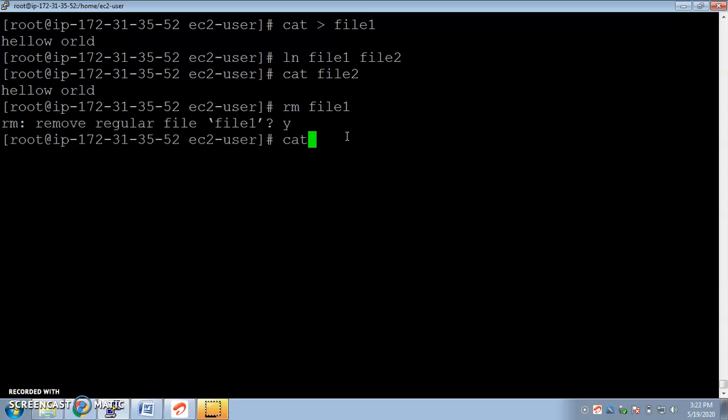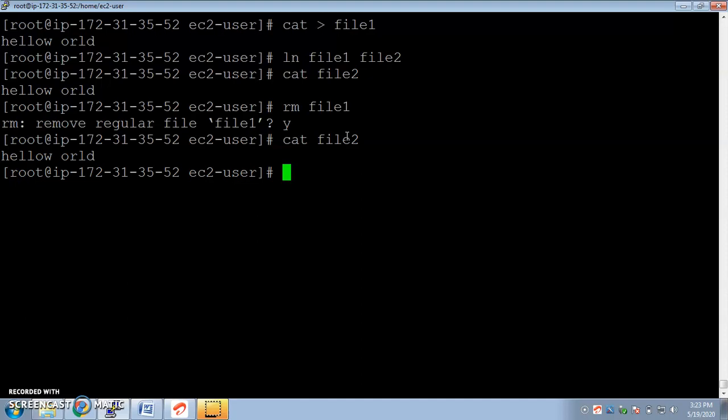Now if I go and check my content in file2, which is a link file, in symbolic link it wasn't displaying, it clearly gave a message no such file or directory, whereas I didn't delete it. To overcome this, in hard link it doesn't make a difference. Look at this, it clearly displays the content. So this is about hard link and symbolic link.